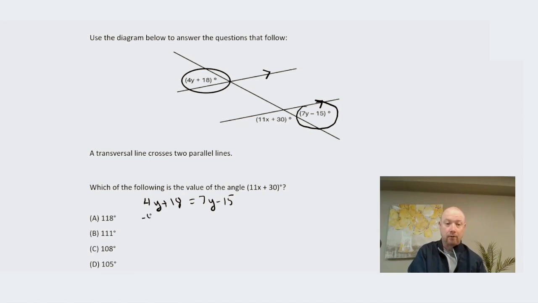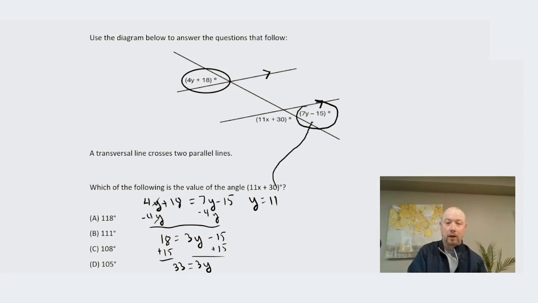All right, so we're going to subtract 4y from both sides, and we would get 18 is equal to 3y minus 15. We're going to add 15 to both sides, and we're going to get 3y is equal to 33. So that means my y value must be equal to 11. Okay, so if my y value is 11, I can plug 11 into this angle here. So I would get 7 times 11 minus 15, which would be 77 minus 15, which would be